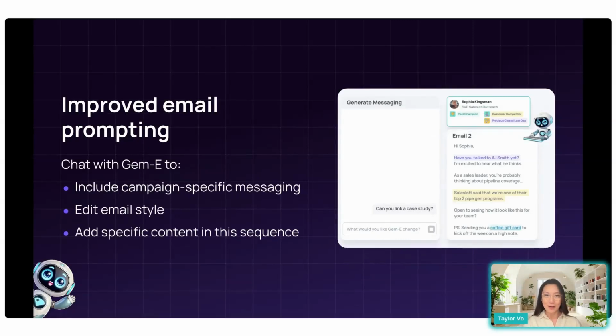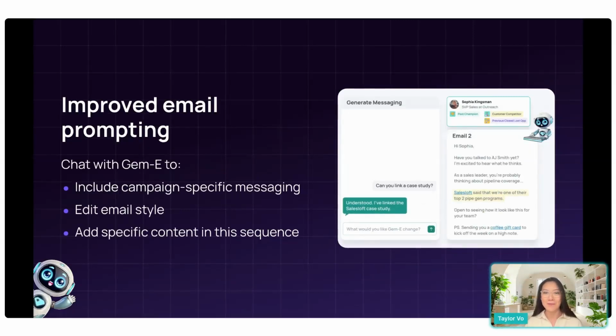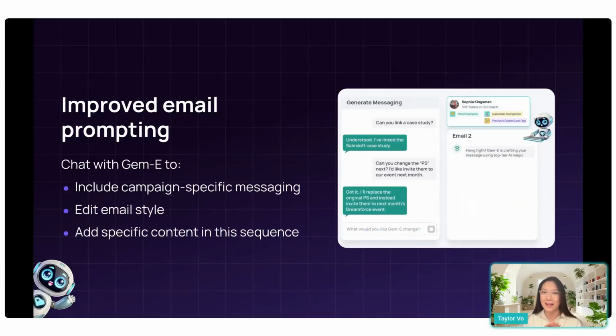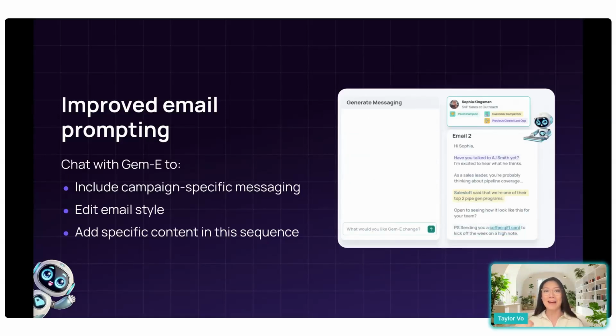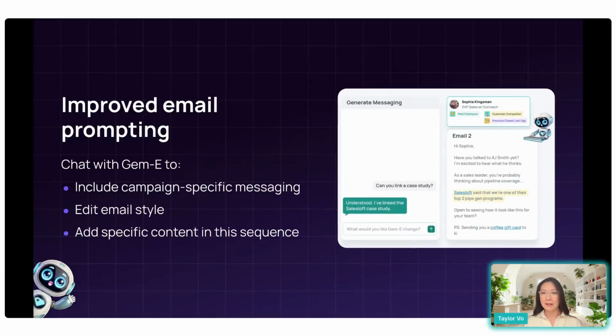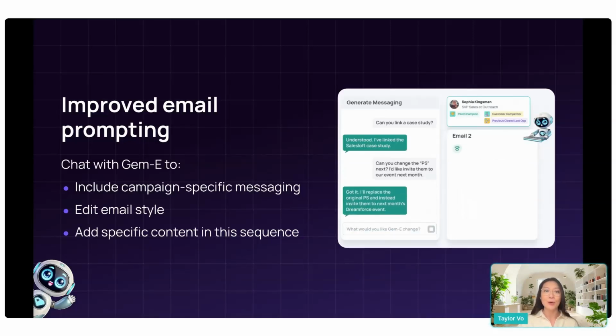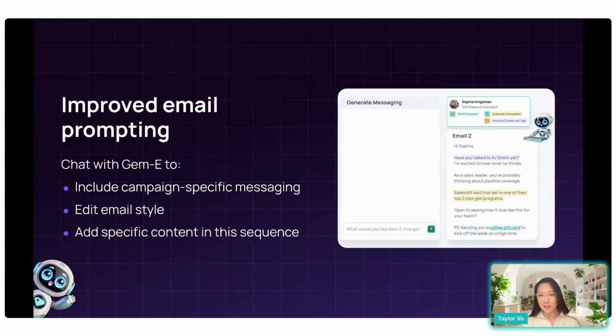So with Jemmy 2, your reps no longer need to spend 20, 30 minutes figuring out how to craft an email, because with Jemmy, it'll write messages for them in your brand's voice, personalize them with signals, and even add content that your reps normally add by hand. So think about things like calendar links, gifting links, or case studies. I'm just rattling off a few right here. But the really nice part of this all is if you want to make changes, you can actually adjust the tone or style through a simple chat-based editor where the messages get even stronger when it's powered by Jemmy's new skill,